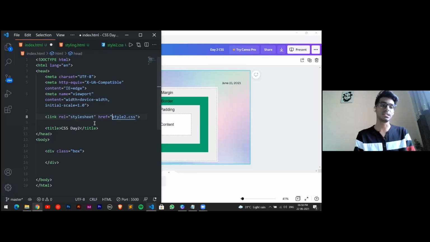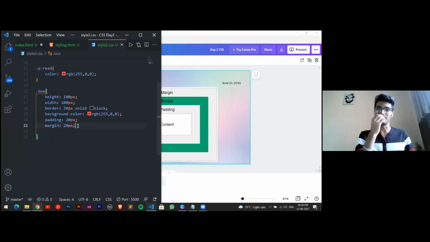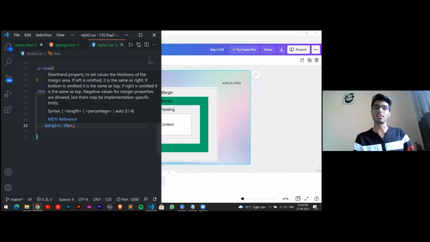All the files should be in the same condition, same path. Then go to the style element, open the box class, write the properties over here, and toggle with some outputs. Change the border, or add some more margin, add some more padding.